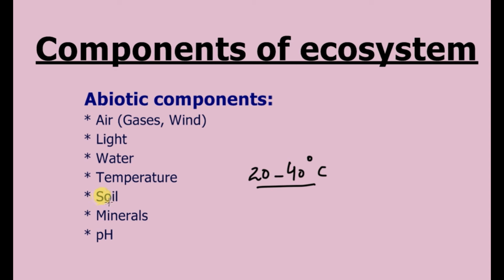Then we come to the soil. Different kinds of vegetation develop and grow in different kinds of soils, like clay soil, loamy soil, sandy soil, silt soil, and soils provide minerals also. So different kinds of minerals are provided to the plants. Similarly, the pH scale. Some organisms live in a basic environment. Some may be living in neutral pH. So these all are what? These are abiotic components. And what happens in an ecosystem? These biotic and abiotic components interact with each other and form a structural and functional unit of the biosphere. That is known as an ecosystem.